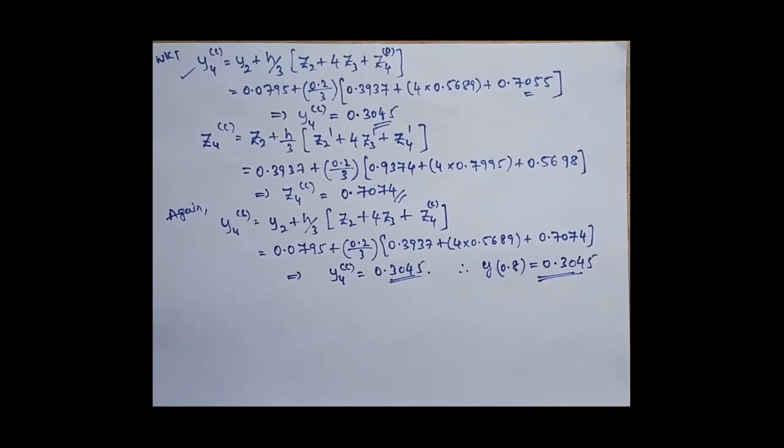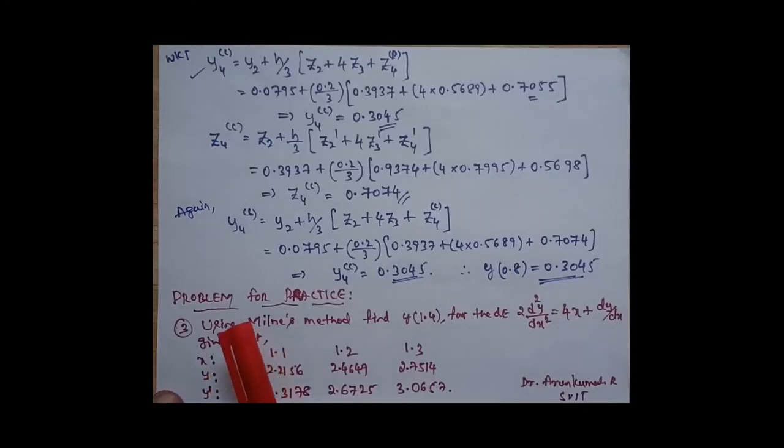This is how we can solve a problem using Milne's predictor corrector method. This is a common procedure to solve any second order ordinary differential equation using Milne's method. You can observe that the first problem and second problem are both of the same type. They differ only in the equation and data, but the formula, calculation and procedure are everything the same. So you can apply this unique procedure to solve any second order differential equation. This is how we can solve.